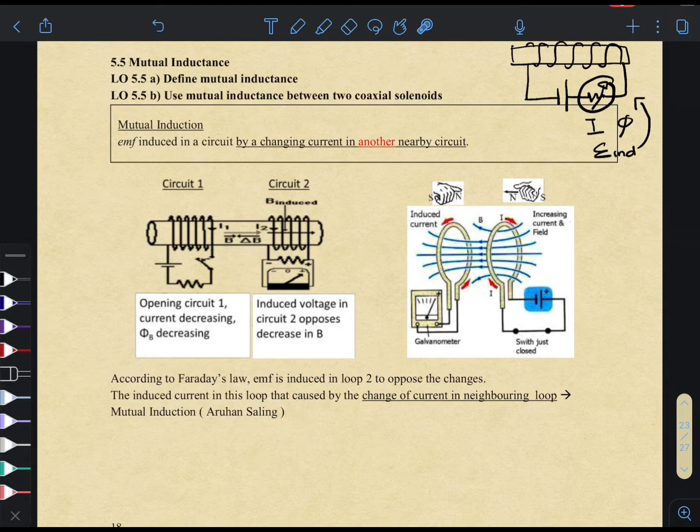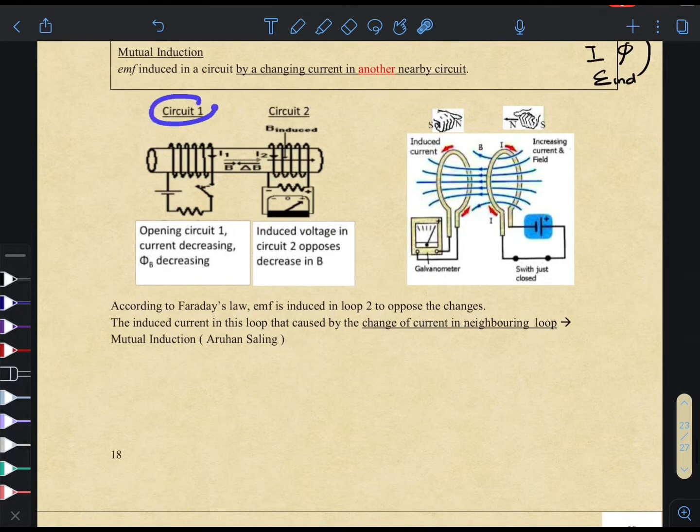another circuit. So akan ada dua circuit dekat sini. For example, you have circuit 1 and circuit 2, where in circuit 1 kita connect dengan power supply, kita ada rintangan, and then you have your solenoid here. This is your solenoid. In your second circuit, kita tak ada power supply. You do not have anything. You only connect it to the galvanometer, to detect the presence of the EMF